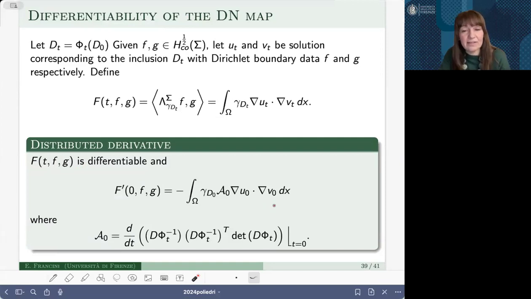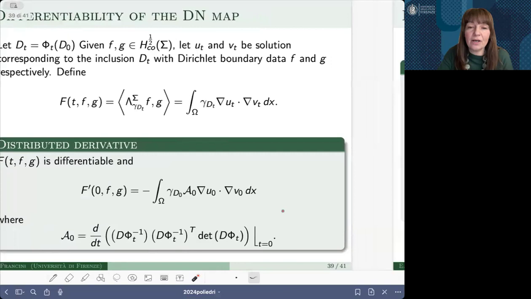And as you see, this is what I call the distributed derivative, because it's an integral that lives in all the domain omega. It contains the coefficient gamma d0. It contains A0, which contains the direction in which we are moving, and it contains the gradients of our solutions. But it is difficult to get a bound from below of this derivative with our method of singular solution. And so, as we did for